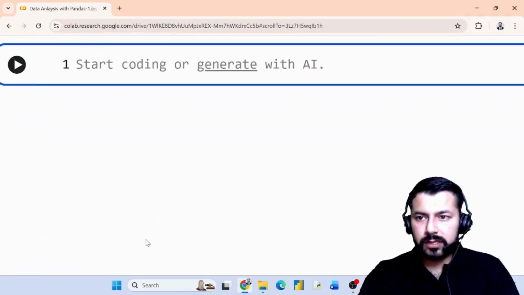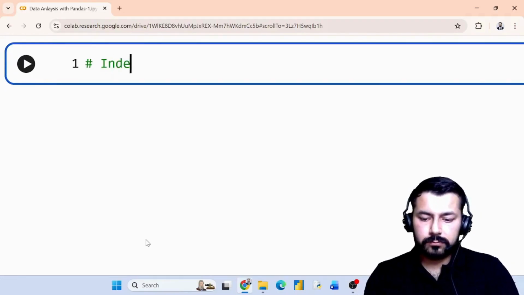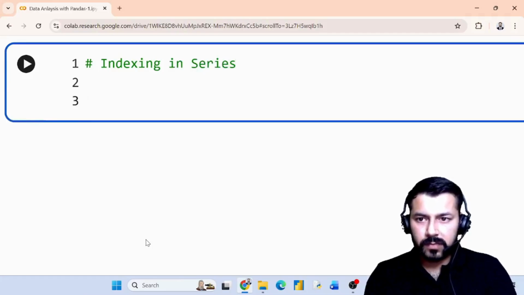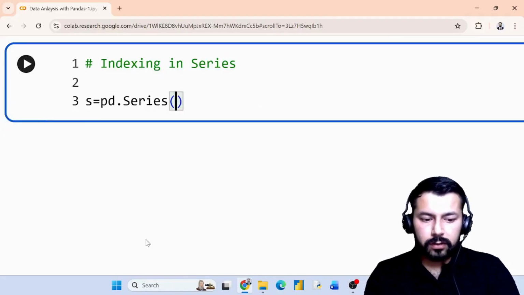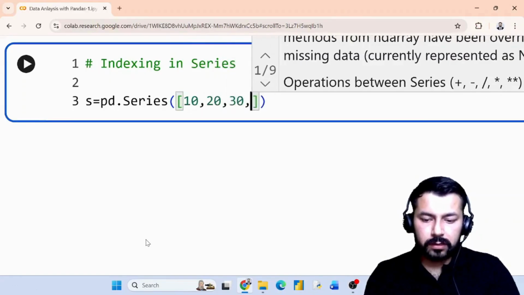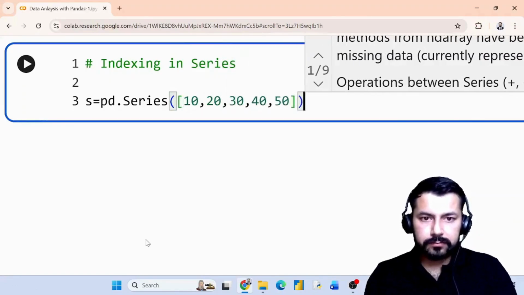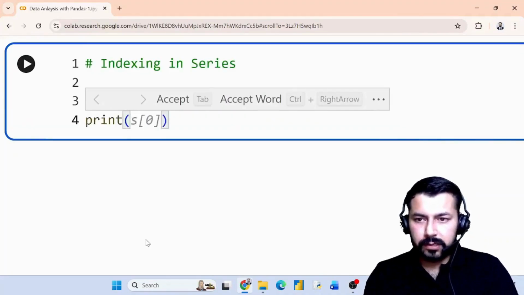Now we are going to discuss indexing in series. Let's declare the variable here, s equals pd.Series, and now let's pass the values here: 10, 20, 30, 40 and 50. Now I want to access and print